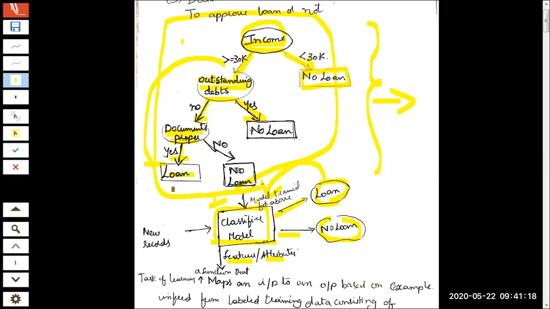So please note, all these attributes and the values of these attributes in this part of the branch are being utilized to make a decision of whether a loan should be given to the customer. If all these attributes and values are satisfied, then the classifier will take the record to this class A, which is approve the loan, else reject the loan. So loan is rejected in two cases. One, you can see, if it is less than 30K. The second case, even if it is greater than 30K, he has some pending debits to the bank.